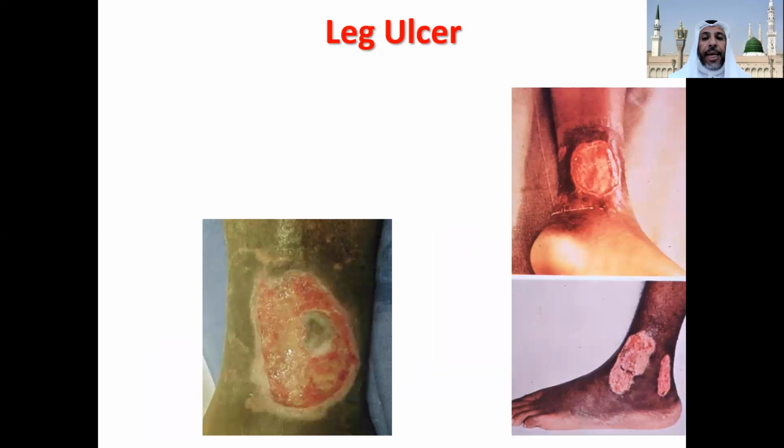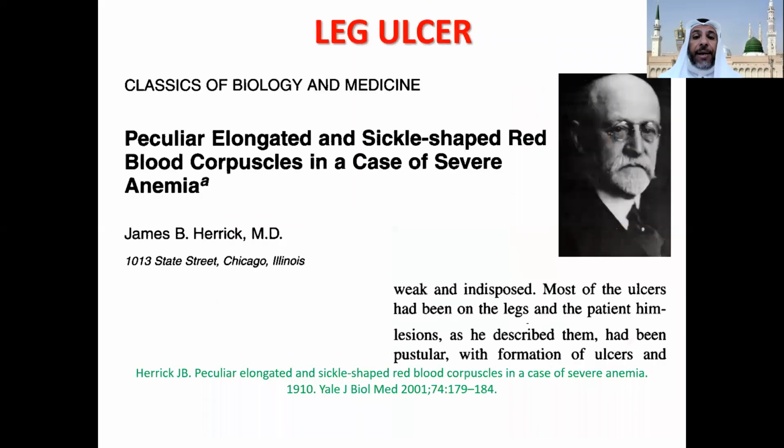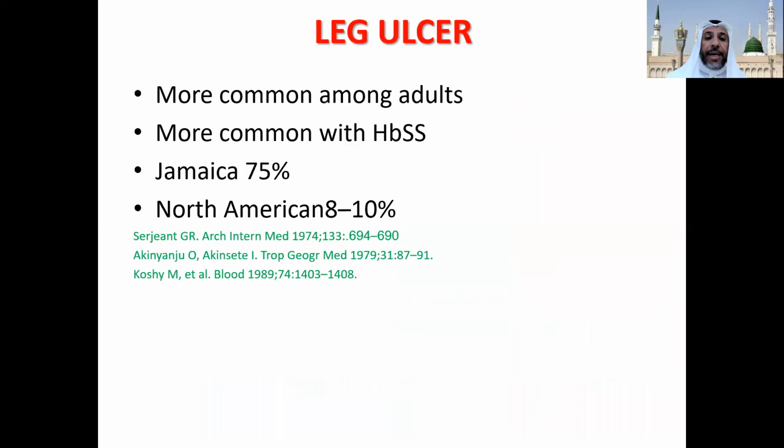Leg ulcer is another complication of sickle cell anemia, though it is not so common among all sickle cell anemia patients and all haplotypes. It is more common among the Arab-Indian type of sickle cell anemia. And be aware that when James Herrick reported the first case of sickle cell anemia, it was a leg ulcer. As I said, it is more common among adults,